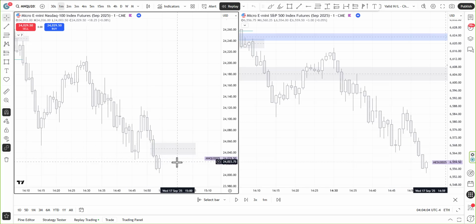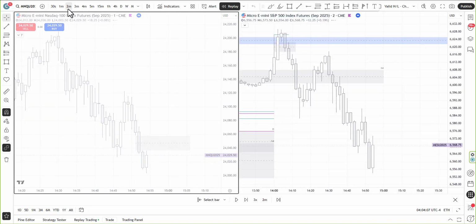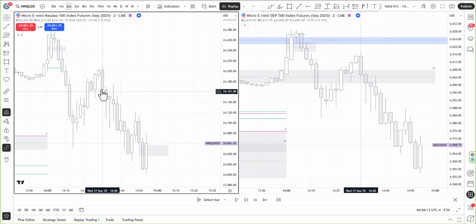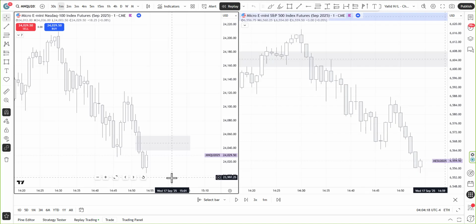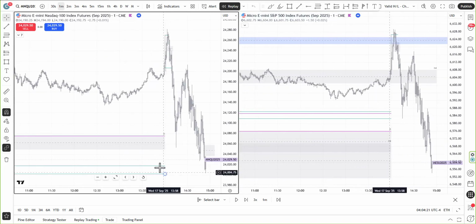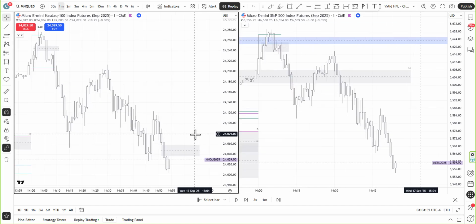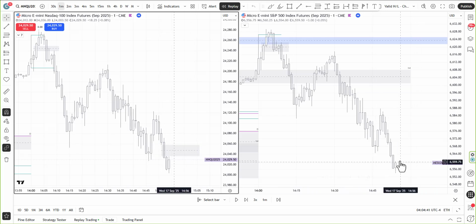I don't go to the 30 seconds, but I go to the 1 minute, and then I double check with the 2 minutes to see if there's anything there. But as you can see, the 2 minute, also no gaps whatsoever, only here, which makes no sense, because then you don't know if the setup will continue. So by this time I saw, okay, this 4 hour level is taken, this one was barely taken, but here we are through the daily, deep into a H4, we hit multiple daily levels. So I thought, okay, I think it should be reasonable to expect some kind of bounce. And I marked out, so this gave me not a lot of clarity because there are multiple gaps here.